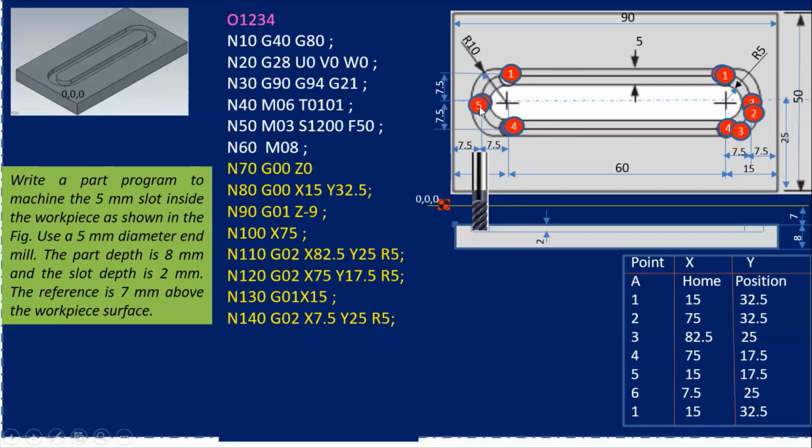Now from this I have to move to the 1 position. 6 to 1. अब यहाँ से मुझे cutter 1 पे लेके जाना है. And that's why again I have written the same coordinate. Okay, same is 15 and 32.5. तो हमारा cutter G02 clockwise direction move होगा from 6 to 1. In this way, we can complete this slot. Okay, and after that, G00 Z0. It means that I will move the cutter up. After doing all these operations, slot operations, I will move the cutter up.